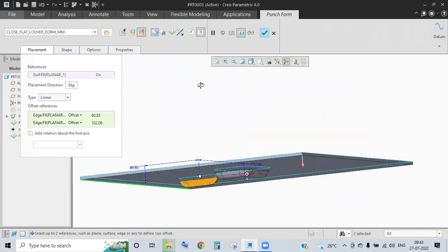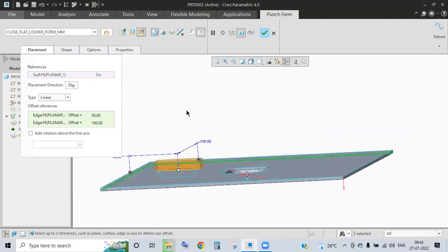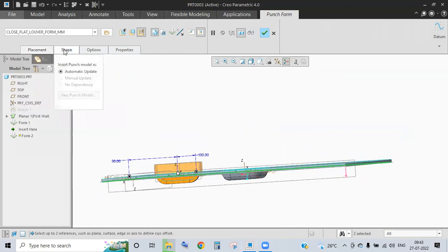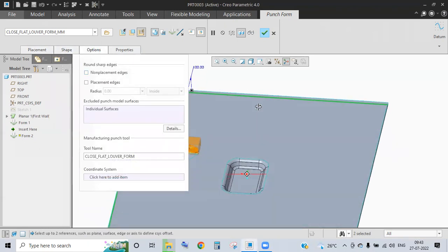You can see here, I want it to be 100, and I want this to be 50. Okay, and if you want... okay, I'm not able to. It is not allowing me to change the shape. Okay, if you want